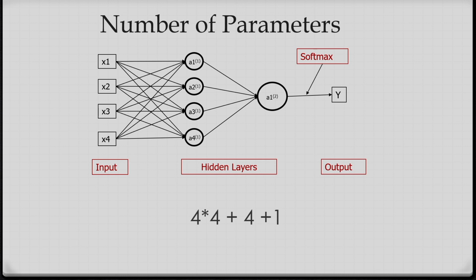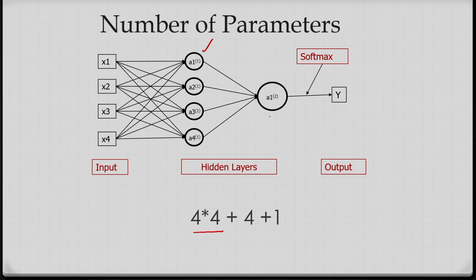Now in the case of the artificial neural network, if you see the number of parameters, here the inputs I am considering are x1, x2, x3, x4, that means 4 input nodes, and 4 hidden nodes. The 4 hidden nodes are A11, A21, A31, A41. That is the second layer, and corresponding to this I have 4 cross 4 connections, 4 into 4 connections.